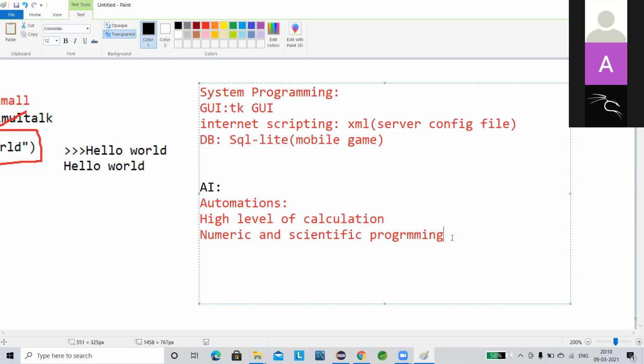After that, everything came. Suppose I need graphical user interfaces: using Python, it builds a package and uses it for GUI. For DB, it uses SQLite, and later it also supports MySQL as well as PostgreSQL and so on.